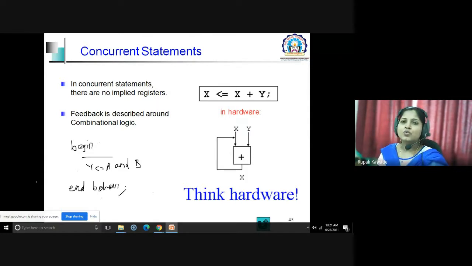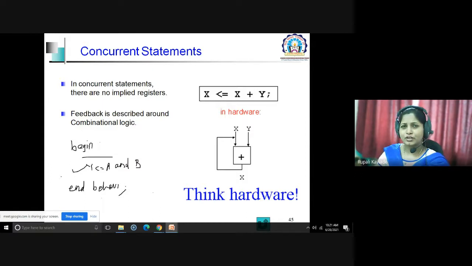Whatever statements you write in the architecture after begin will all execute at the same time. If I am writing this single statement y equals a and b in my architecture, how many times is it going to execute?